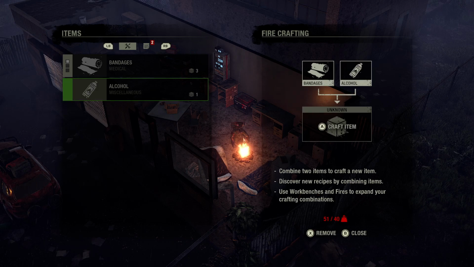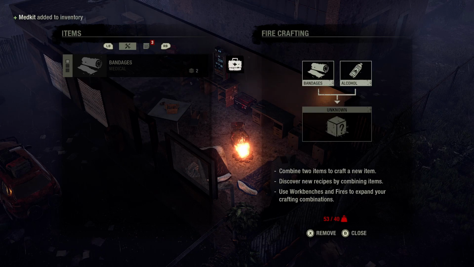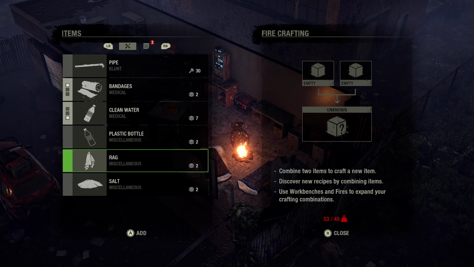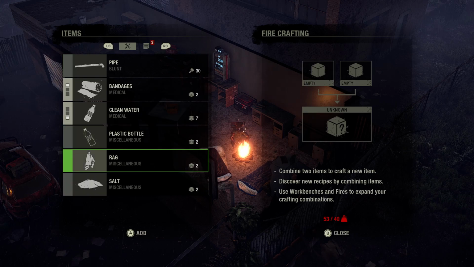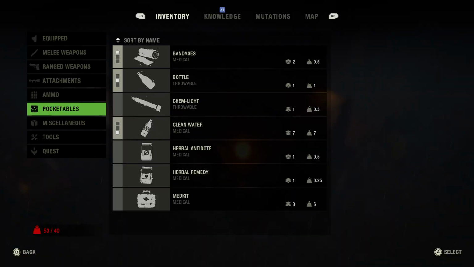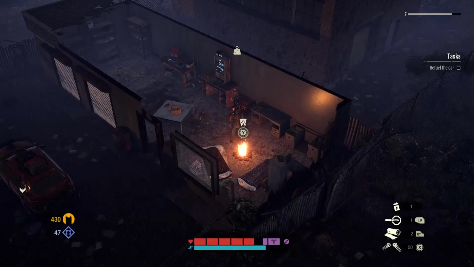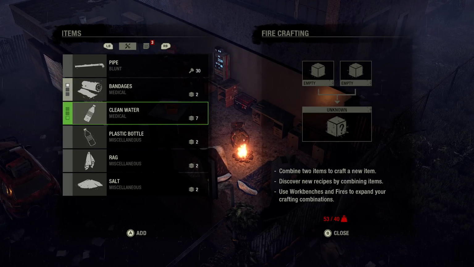Bandages and alcohol. I bet that's like a super bandage or something. Maybe even a med... Yes, a med kit. Right. I could use the clean water to make some more bandages. That might be a good shout. At the moment it gives me a stamina heal. I think I would prefer it to be a medical heal, you know, a health heal as opposed to...